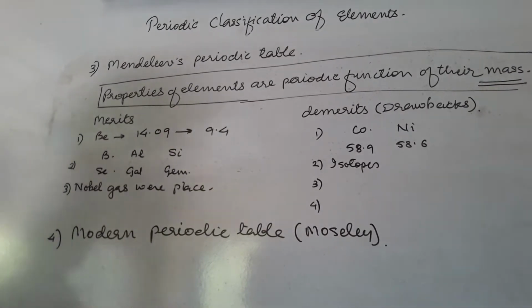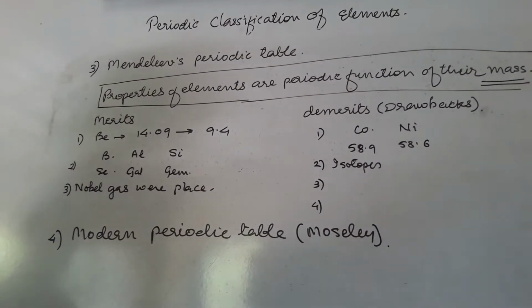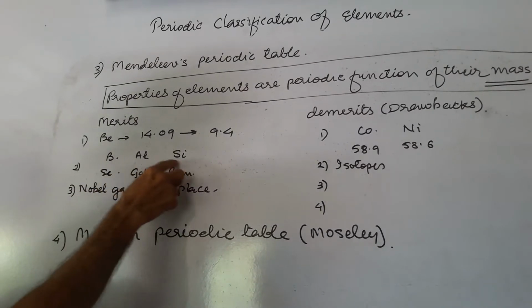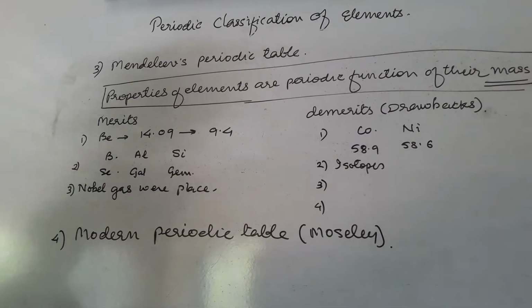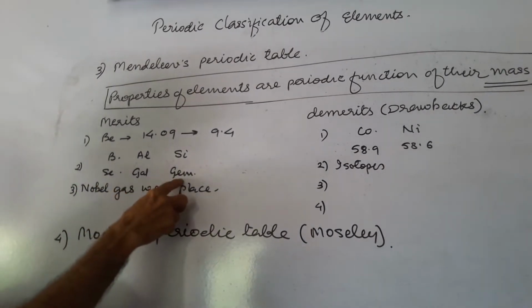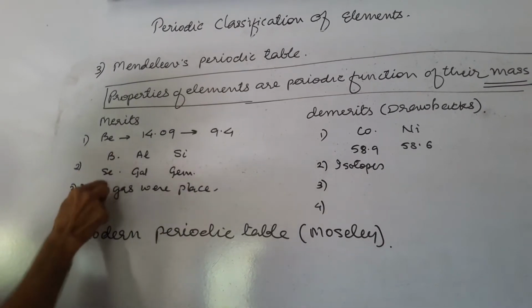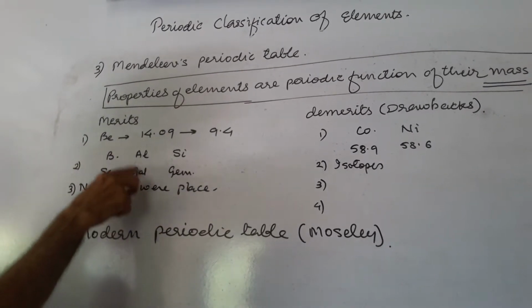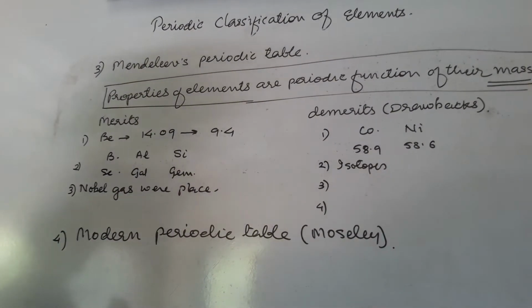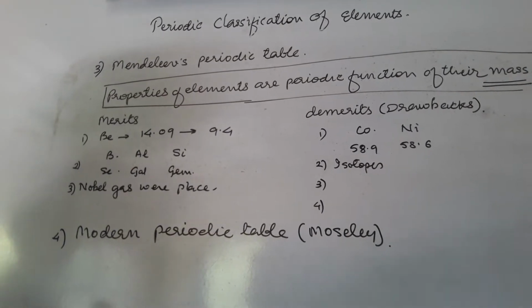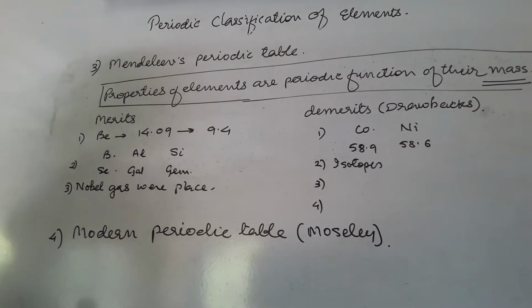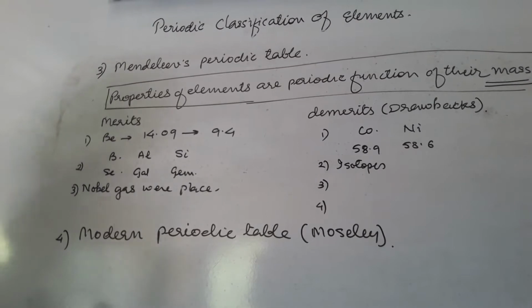And that's why, for the elements which were not discovered, he gave the names Eka-boron, Eka-aluminium and Eka-silicon. And after the discovery, they found that they were scandium, gallium and germanium, and they had the same properties. Scandium had the property of boron, gallium had the property of aluminium, and germanium had the property of silicon. So all these undiscovered elements whose properties he predicted were found to be correct after the discovery. This is the second merit, or second advantage, of this periodic table.